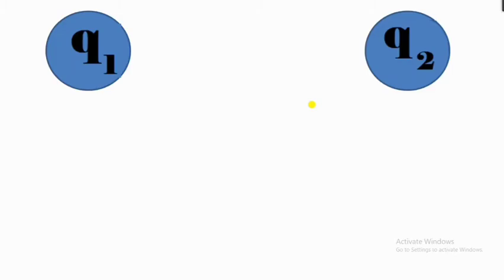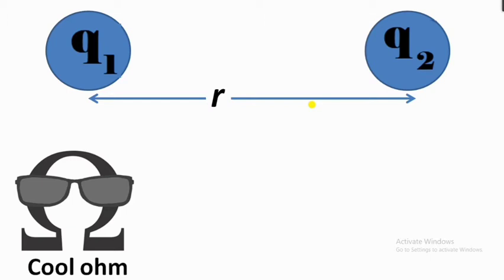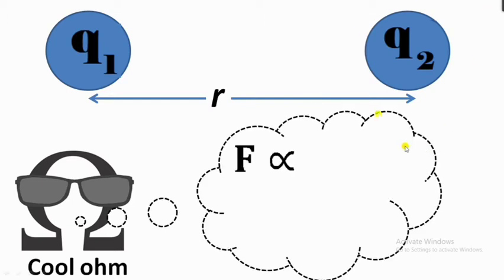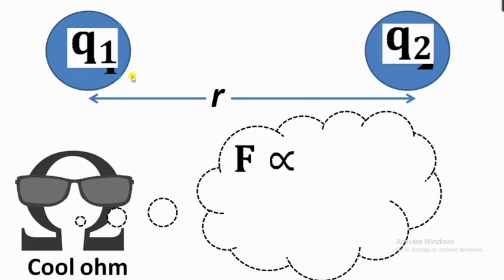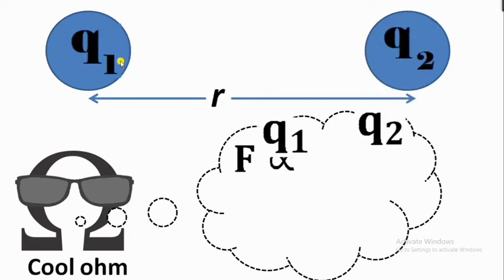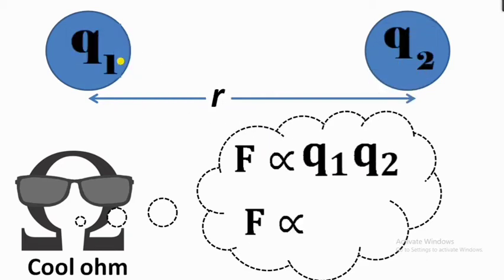Suppose we have 2 point charges Q1 and Q2, and suppose the distance between them is R. According to Mr. Coulomb, the force between these two charges is directly proportional to the product of two charges, and inversely proportional to the square of the distance between them. That means force depends on magnitude of charges and distance between them. If you increase the charges, force will also increase, and if you increase the distance, the force will decrease